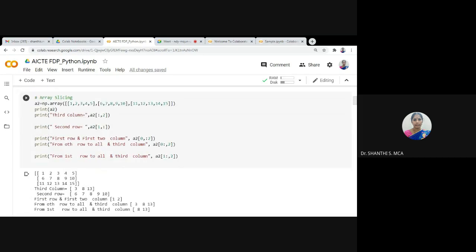Next, suppose if we want to extract a part of the array, we can use this slice colon operator with a two-dimensional array. So this is a 2D array. So here you see a2 of colon. Here the starting index is not given. Then comma. So this will return a third column. You see this value.